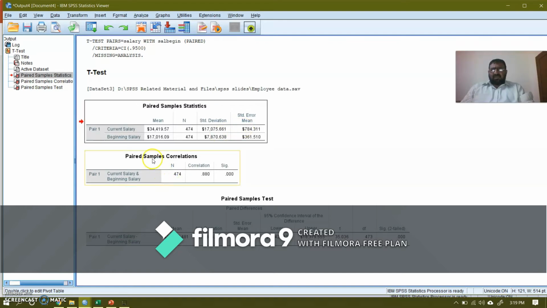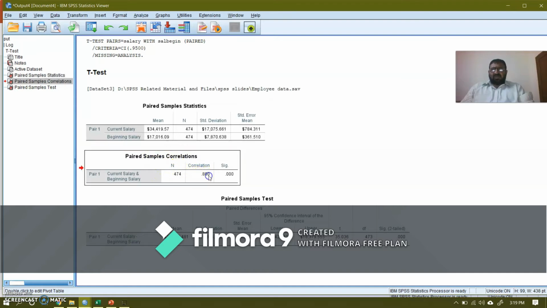Here there are correlations, and this is the correlation between the current salary and the beginning salary, and this correlation is 0.88. Since this is close to 1, it means that there is a high correlation between current salary and the beginning salary.